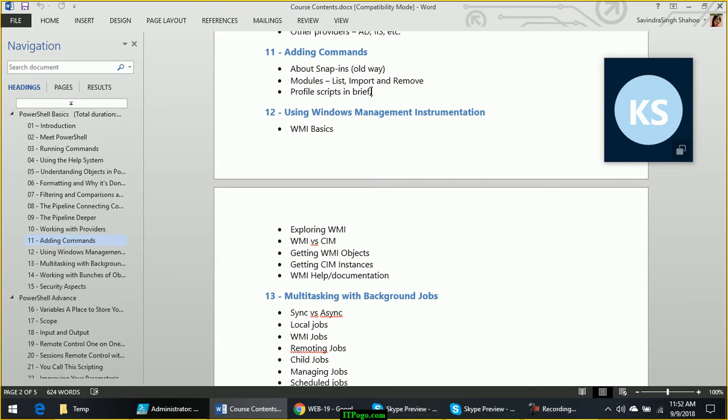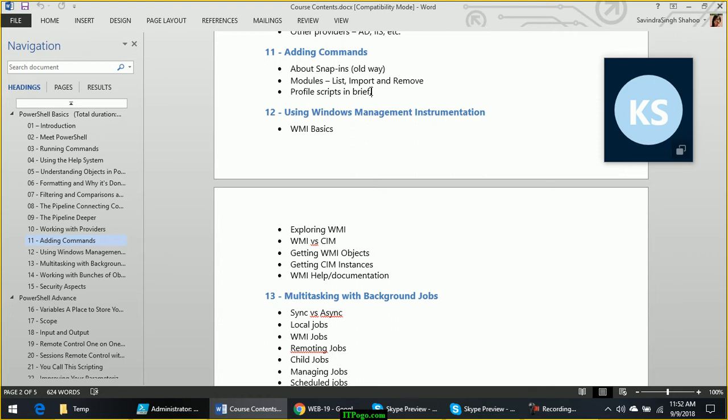If you're working as a SQL administrator, you can write scripts for anything. You don't need to go back and learn PowerShell for that particular piece of software. The only thing that will change, or how to manage that particular piece of software, will be understanding the modules.